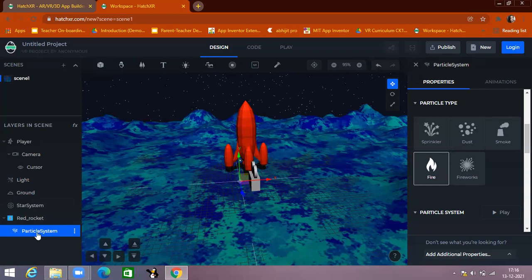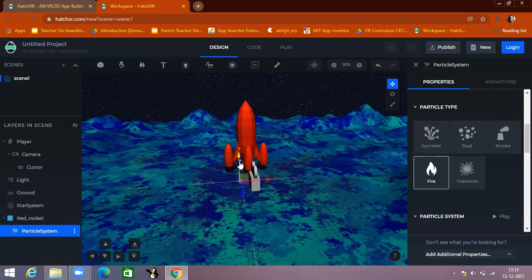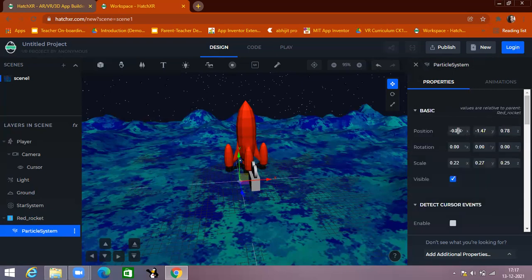And one more thing, when I'm clicking on the particle system, you can see it is showing the position here, but my rocket is here. The particle system should be under the rocket. So what I'm doing, I'm just changing the particle system position, making it 0, 0, and 0. Now you can see the particle system here.